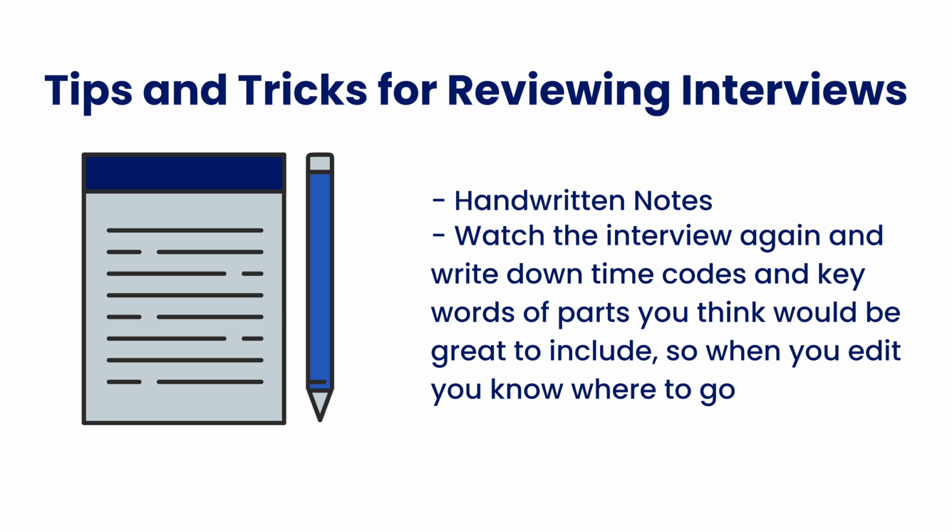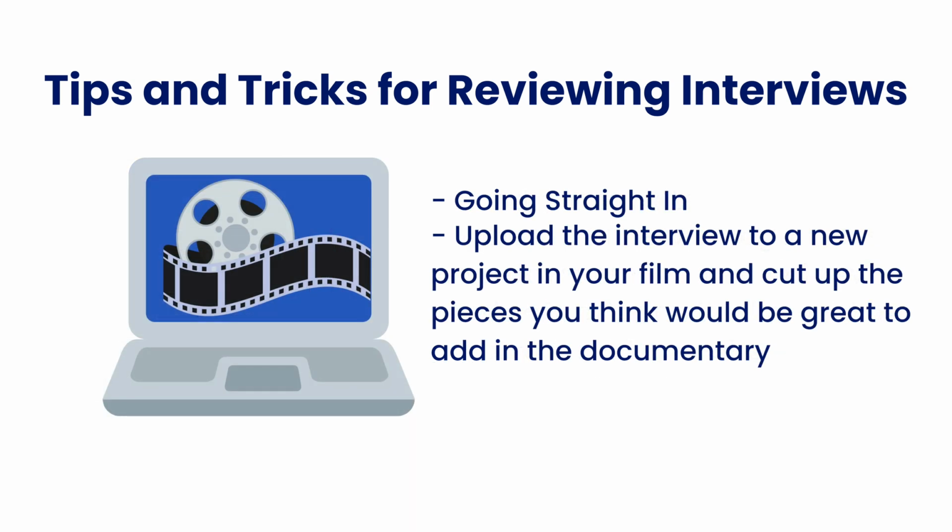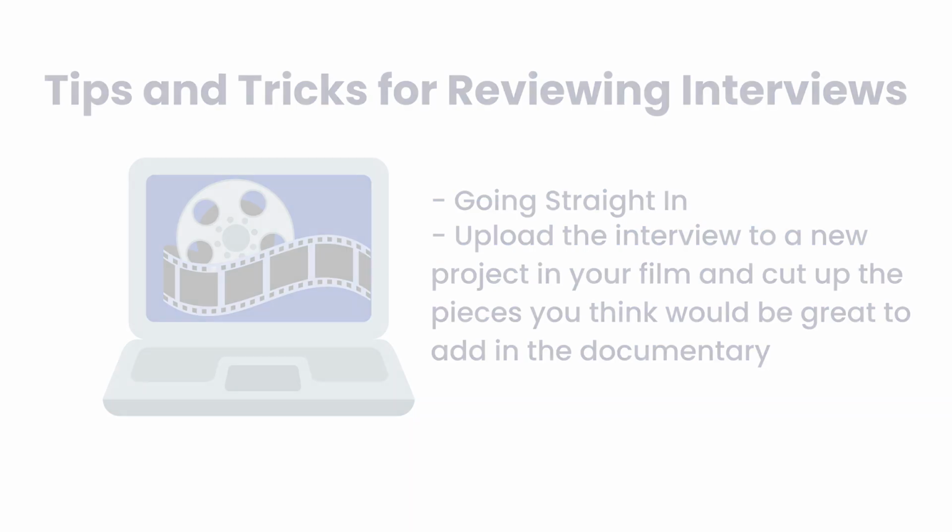If you don't want to write it out or Google Doc it, I would recommend putting the interview in the timeline of your documentary or maybe making a separate project and just cutting it up piece by piece. Find parts that you think would be great to add and parts that contribute to the overall issue that you're talking about. Remember, try not to take things out of context. That's not really ethical practice of filmmaking and of creating your documentary, so really make sure you have the context in place. And try to keep these interview sections to about 25 to 30 seconds or less.